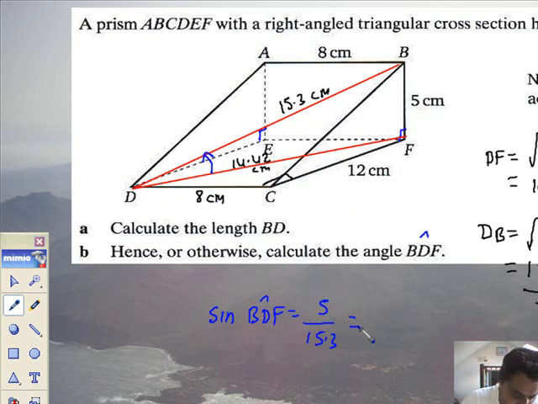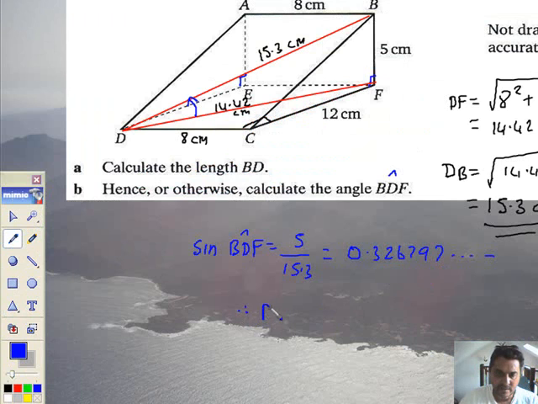So 5 divided by 15.3 equals, well, 0.3267, etc. Let me just write it down for the last question. 0.32679, off it goes. Therefore BDF is going to be the shift of that. Therefore let's just do it, shift and sine. Bam, 19.07,